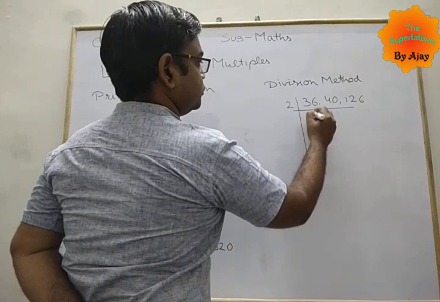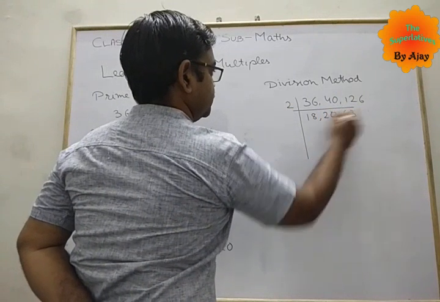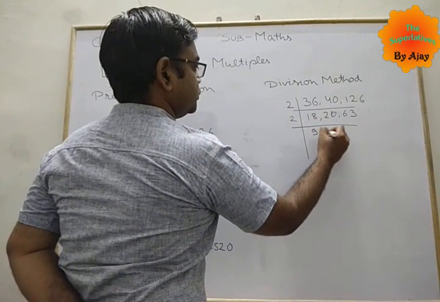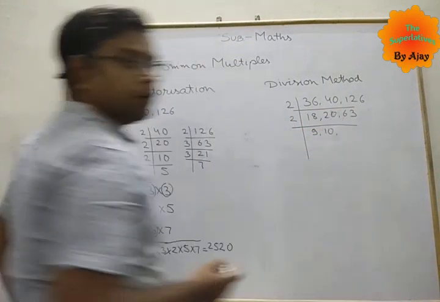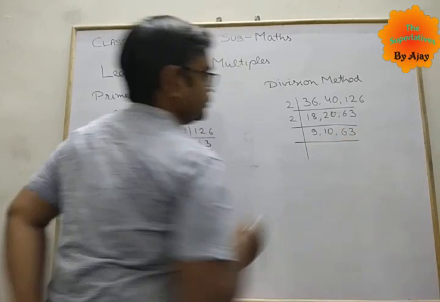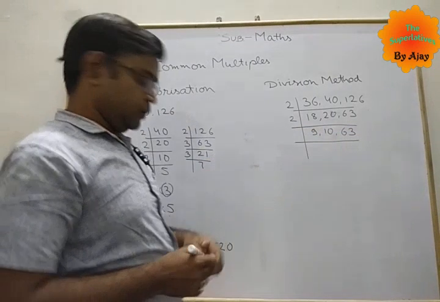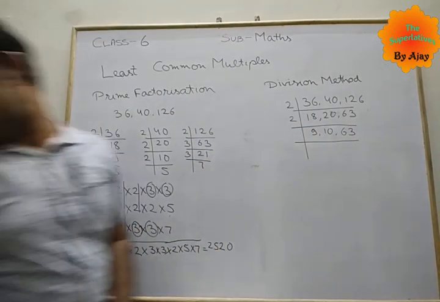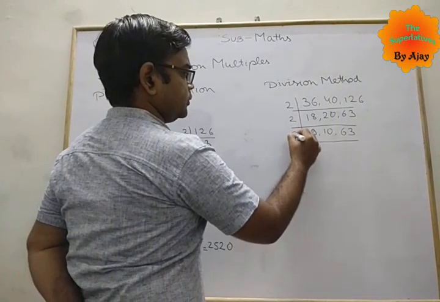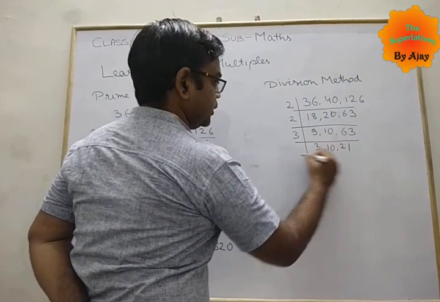So 2, 9, 2, 10, and this one is not divided by 2. So we note down this as it is. Now again we can divide by 2 this one. So we can easily divide, or we can choose the common divisor. Divided by 3: 3 3s are 9, 10 as it is, 3 7s are 21. Again what we have: 3, 1, 10, and 7. So when we multiply we have the answer.